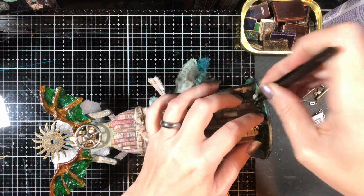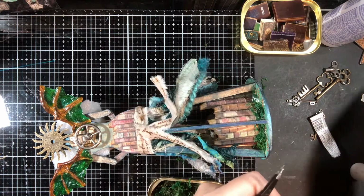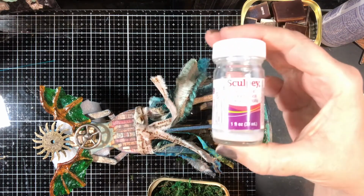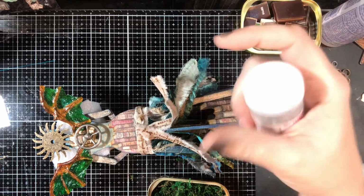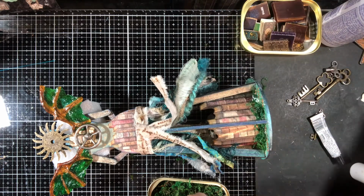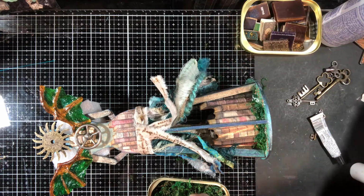I'll show you that in just a second, as soon as I'm done getting moss all over the place. So it's this right here. I don't know if you can see that. Hopefully you can. It's a Sculpey gloss glaze. It comes in a different tube now. It comes in this. If you're looking for it, it's great for all purpose, for all kinds of things, but